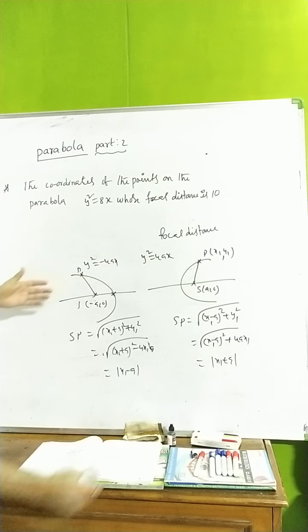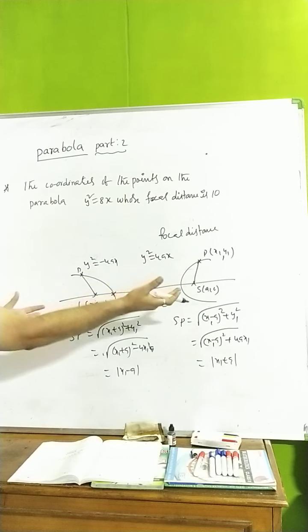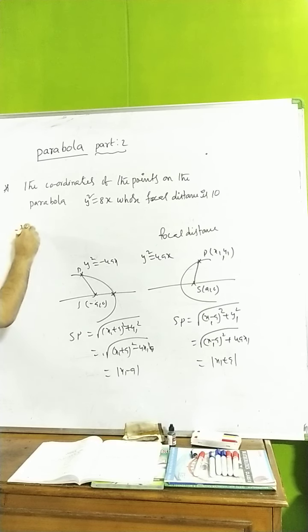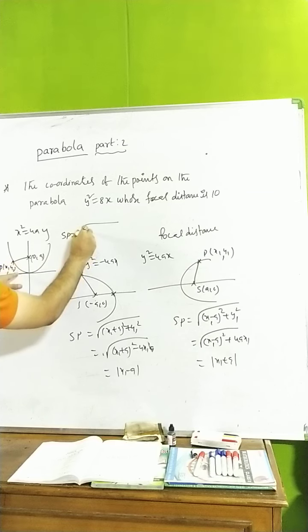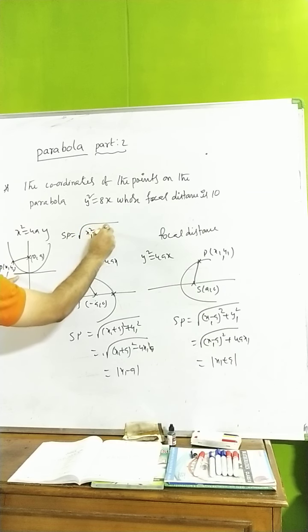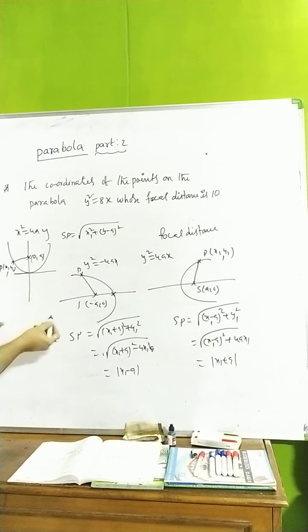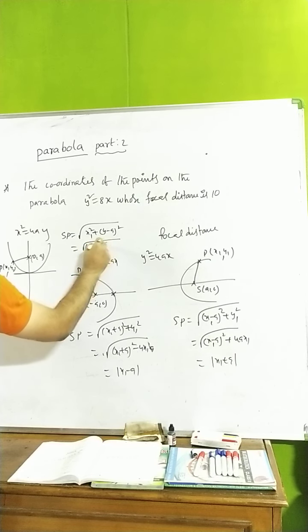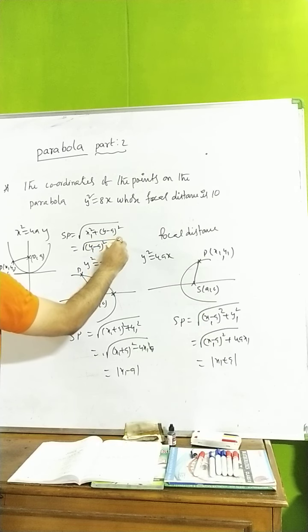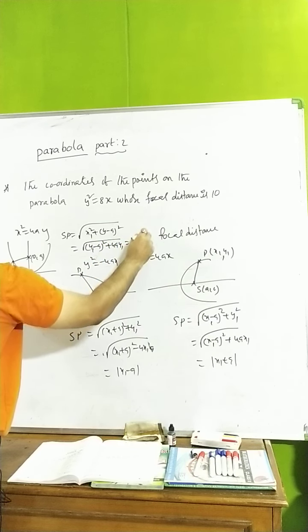I have taken two equations. One more I will tell you. Here x square equal to 4ay, the shape is like this, the focus is (0, a) and the vertex is here. Somewhere here you take P as (x1, y1). What is the focal distance SP? It is the square root of x1 square plus (y1 minus a) whole square. Since x1 square is 4a y1, (y1 minus a) whole square plus 4a y1 gives (y1 plus a) whole square, so SP is y1 plus a.